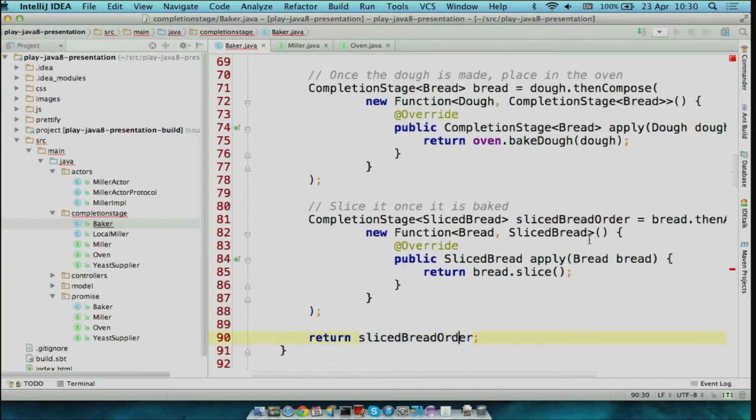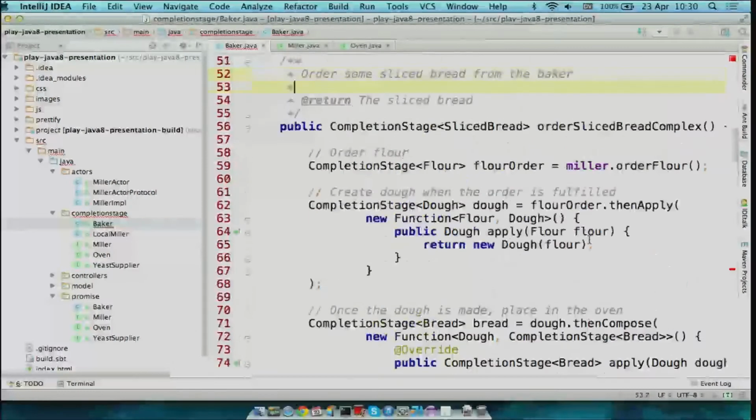And then we can return that sliced bread order. So at the top here we saw that we were returning a promise for sliced bread. This method will actually execute very fast, in the order of microseconds. But once it's finished, the bread won't be baked. We'll just have a promise for the bread that the customer can then do what they want with.